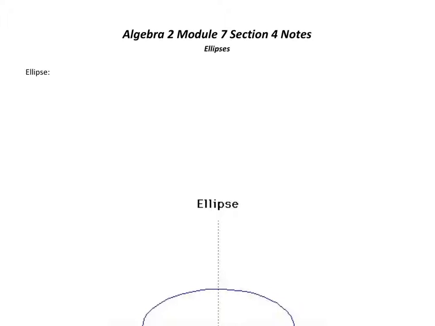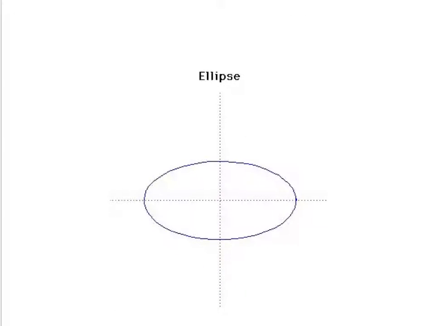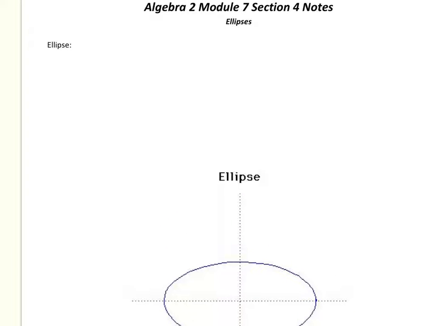Alright, we're going to look at section 7.4 today, which is going to talk about an ellipse and ellipses. So an ellipse is, you've probably seen an ellipse. Here's a picture of one here. It's kind of a circle that's elongated in one direction. But the formal definition of an ellipse, it's the set of points